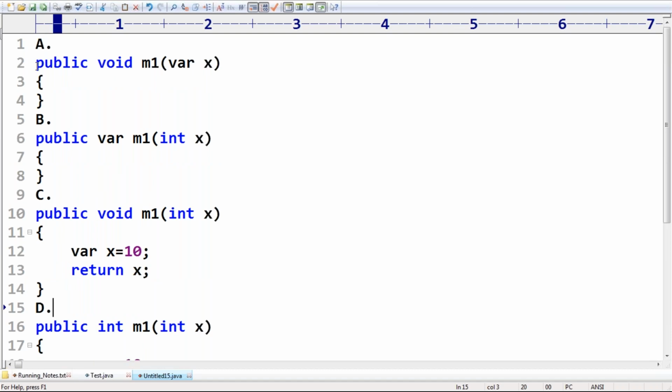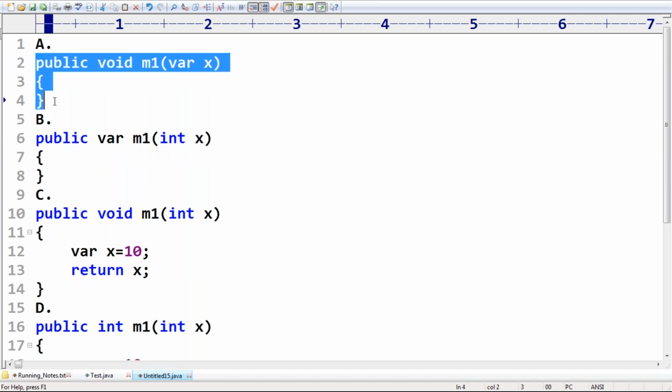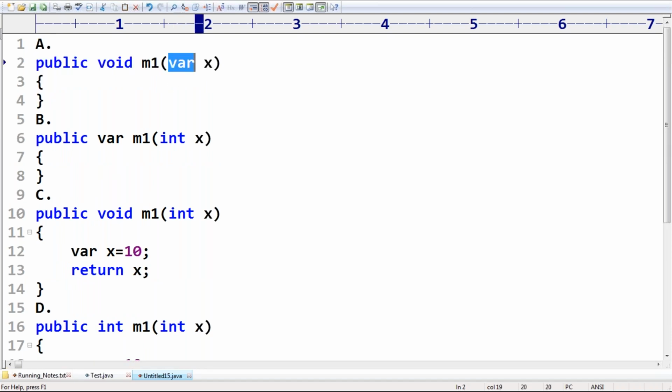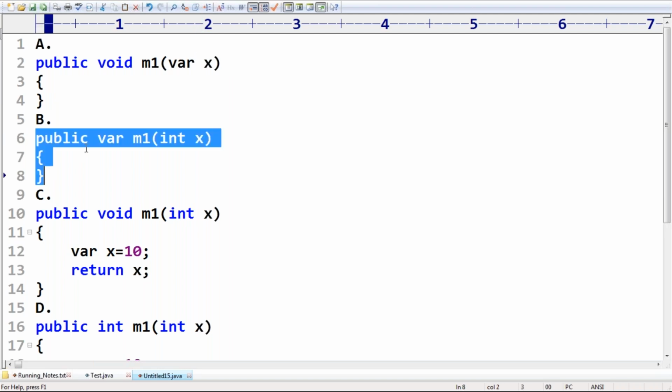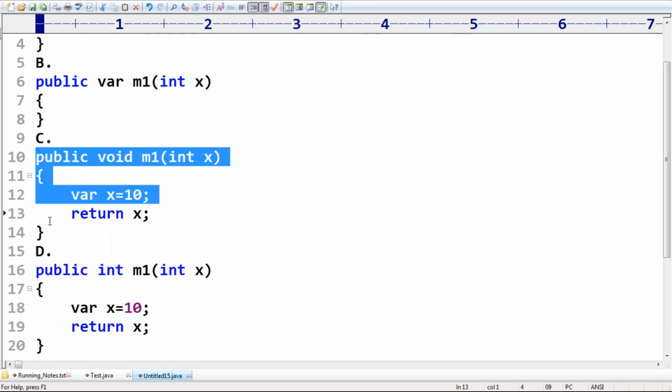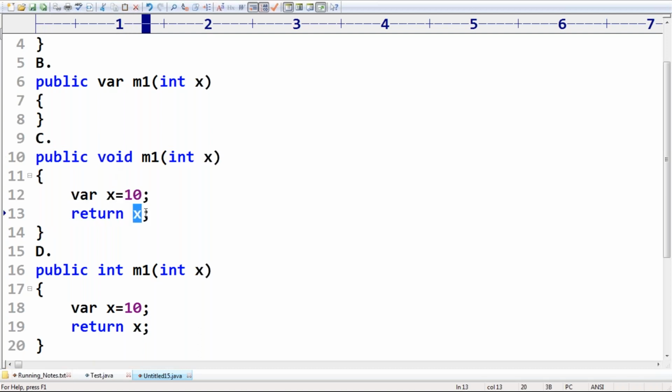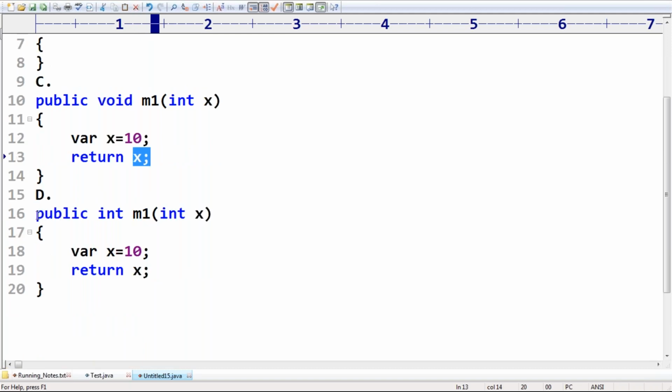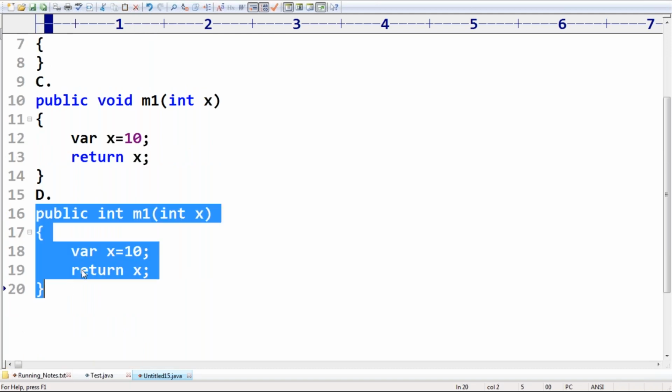Please confirm. Sir, the first one is pakka invalid because for method parameters you can't use var. Second one is perfectly invalid because the return type you can't declare as var. The third one is invalid because for the method void return type we are returning an int value. Sir, only the last method declaration is valid.